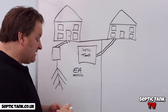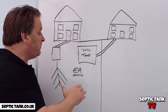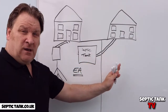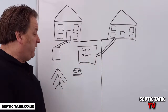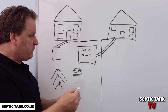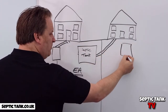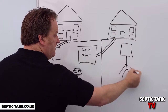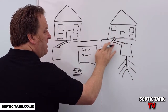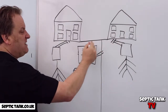Now, 9 times out of 10, by just making that simple phone call to the environmental agency, getting an officer around, he'll assess the situation. If they've got a garden suitable for it, which if you have, they'll have because they were built at the same time, then they will order these people to put their own septic tank and soak away in. So again, all they have to do is buy a septic tank and soak away kit. They can then put a new septic tank in like you did, and then they can cut themselves off from it,